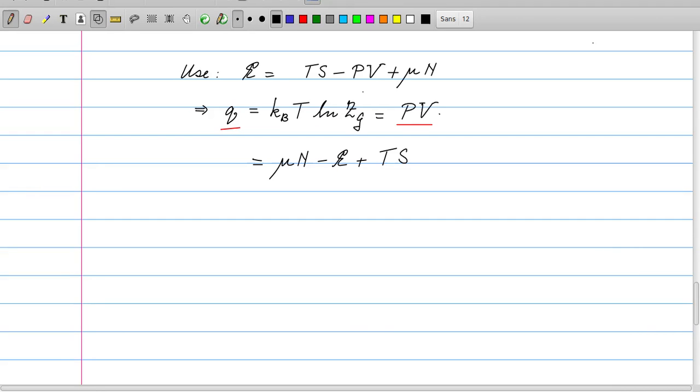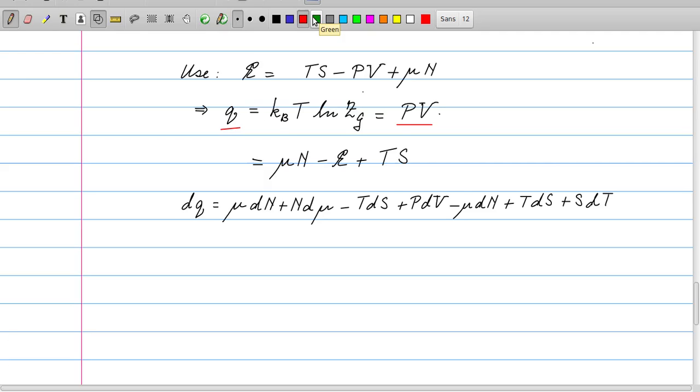Here I have written Q again in its original form, mu N minus E plus TS, because that's very convenient for finding the differential of Q. So let us consider dQ, which is mu dN plus N d mu. For the energy we use the first law, so that gives us minus T dS plus P dV minus mu dN, and then we have plus T dS plus S dT,